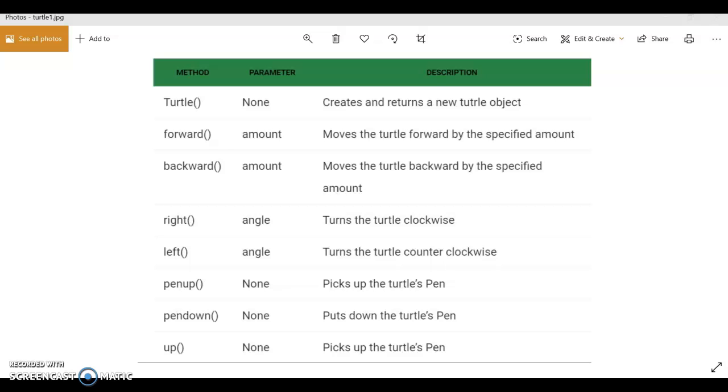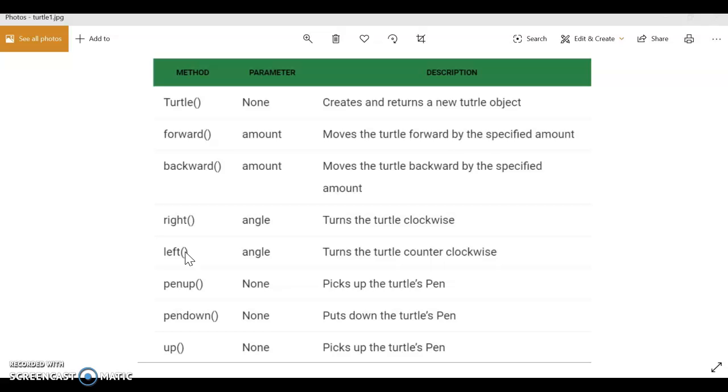We can use functions like turtle forward, turtle backward, turtle right, turtle left, etc. Forward means move the turtle forward, backward means move the turtle backward, right means turn the turtle clockwise, and left means turn the turtle anti-clockwise.